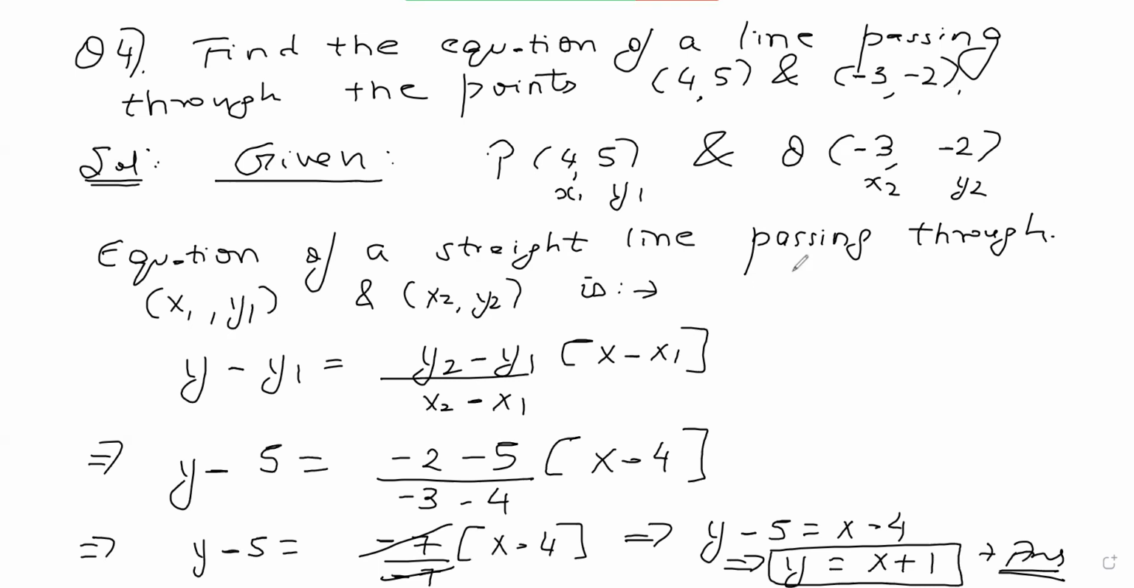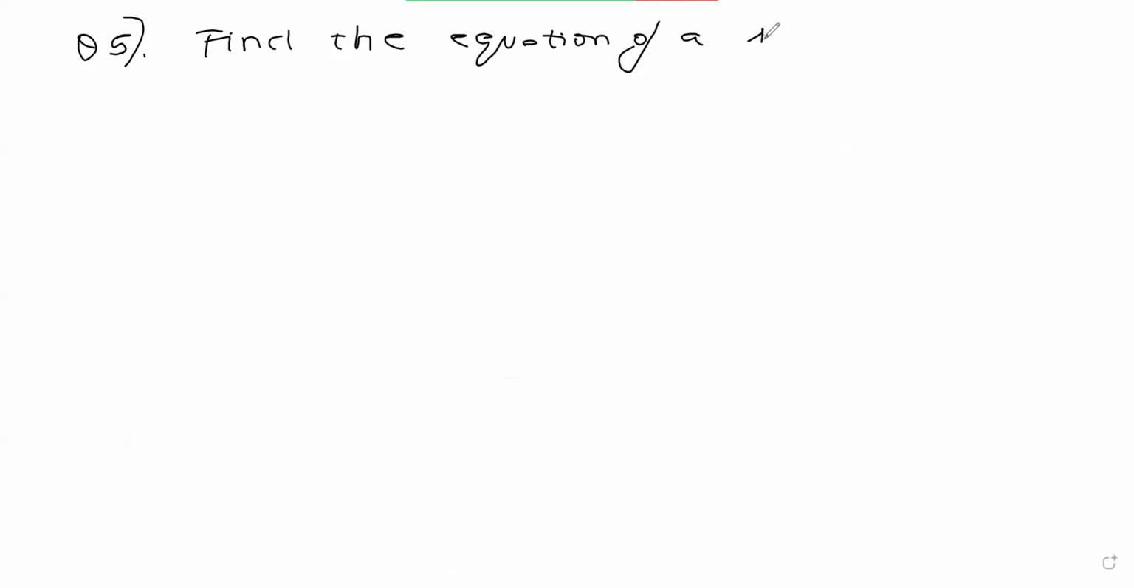So hoping all students have understood this. What form have we used? We have used the 2-point form for finding the equation of a straight line. Let's move to the next problem, erasing this part off. Question number 5. Find the equation of a straight line